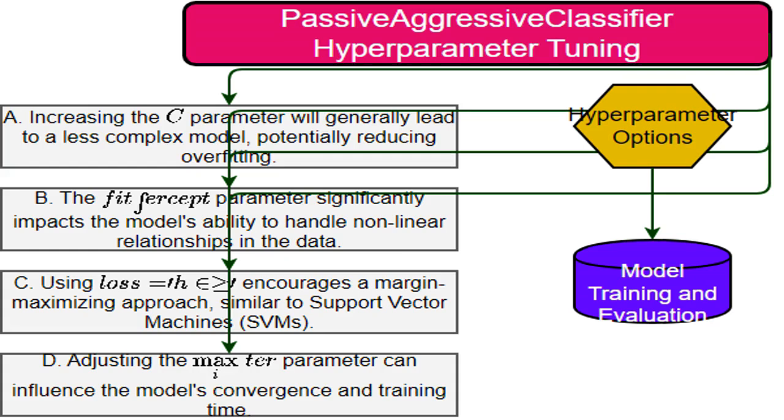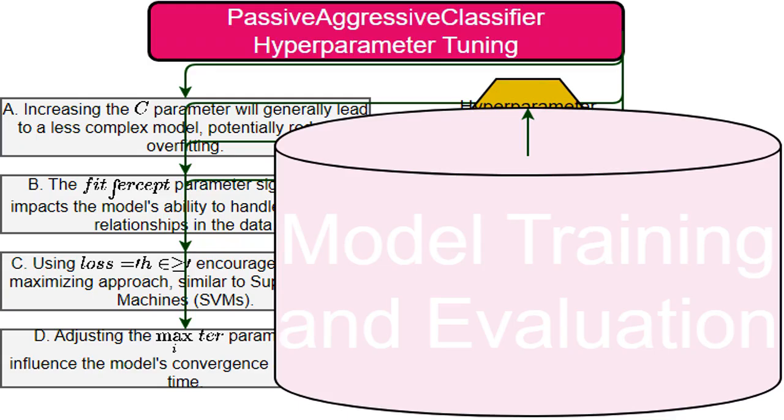This is the overall topic of our discussion. We're trying to understand how to tune the various settings, hyperparameters, of a passive-aggressive classifier to get the best performance from our model. I'll break down each hyperparameter for you individually. Once you've tuned your hyperparameters, you'll train your passive-aggressive classifier using your training data. After training, you need to evaluate the model's performance. This generally involves splitting your data into training and testing sets and checking how well the model generalizes, performs, on